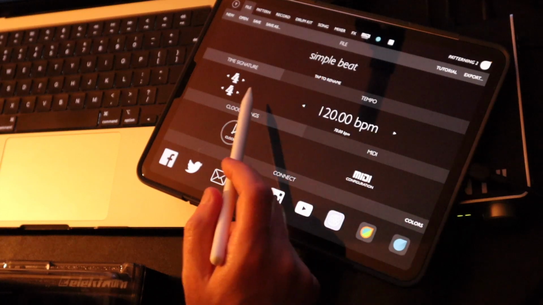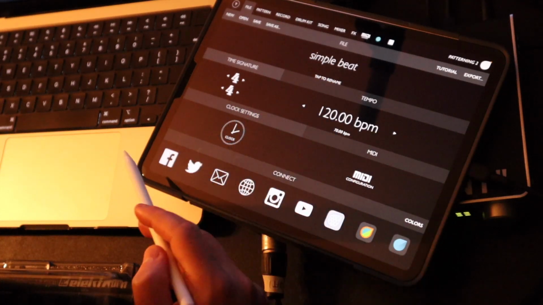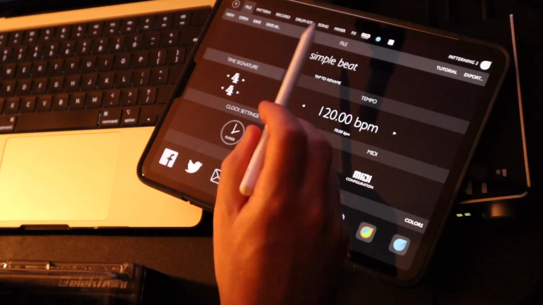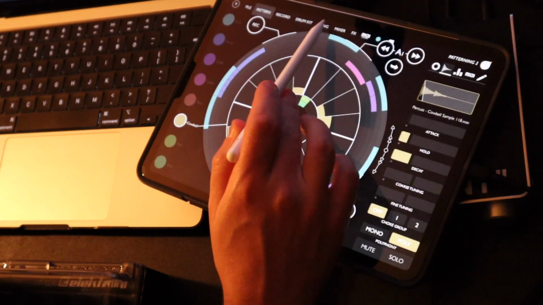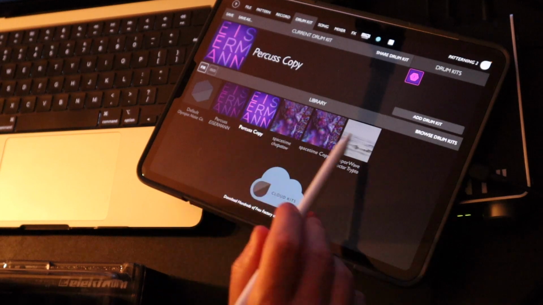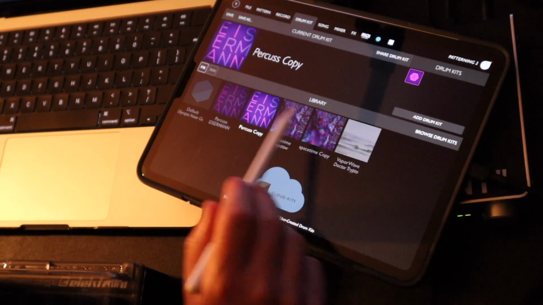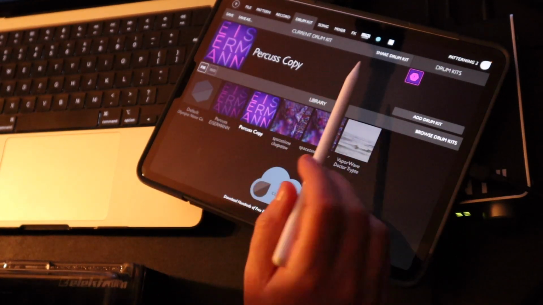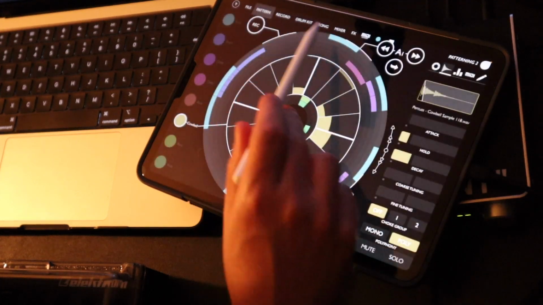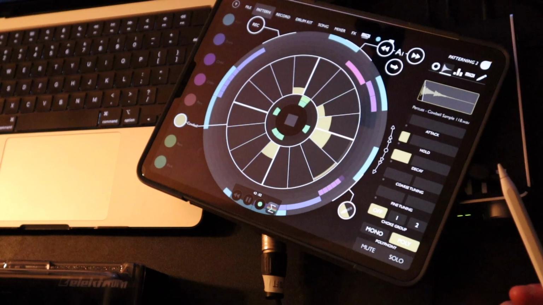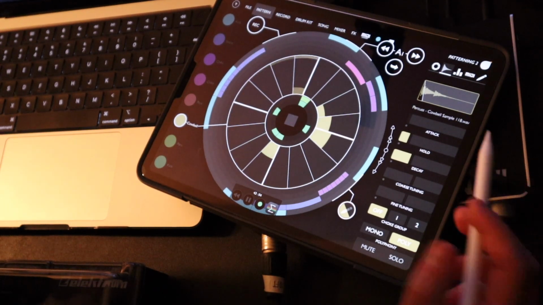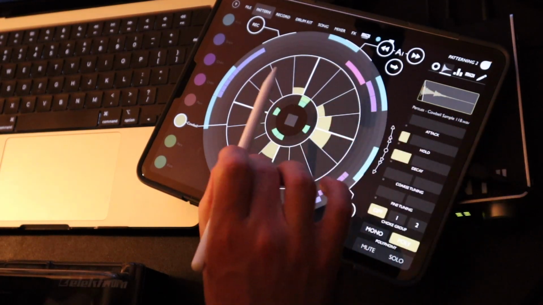All you have to do is go to the file section and open up your samples. There are a ton of free kits that you can download here. You see I've downloaded a couple that other people have built, and they sound really good. Another really nice thing about Patterning, one of several other nice things, is you can export each